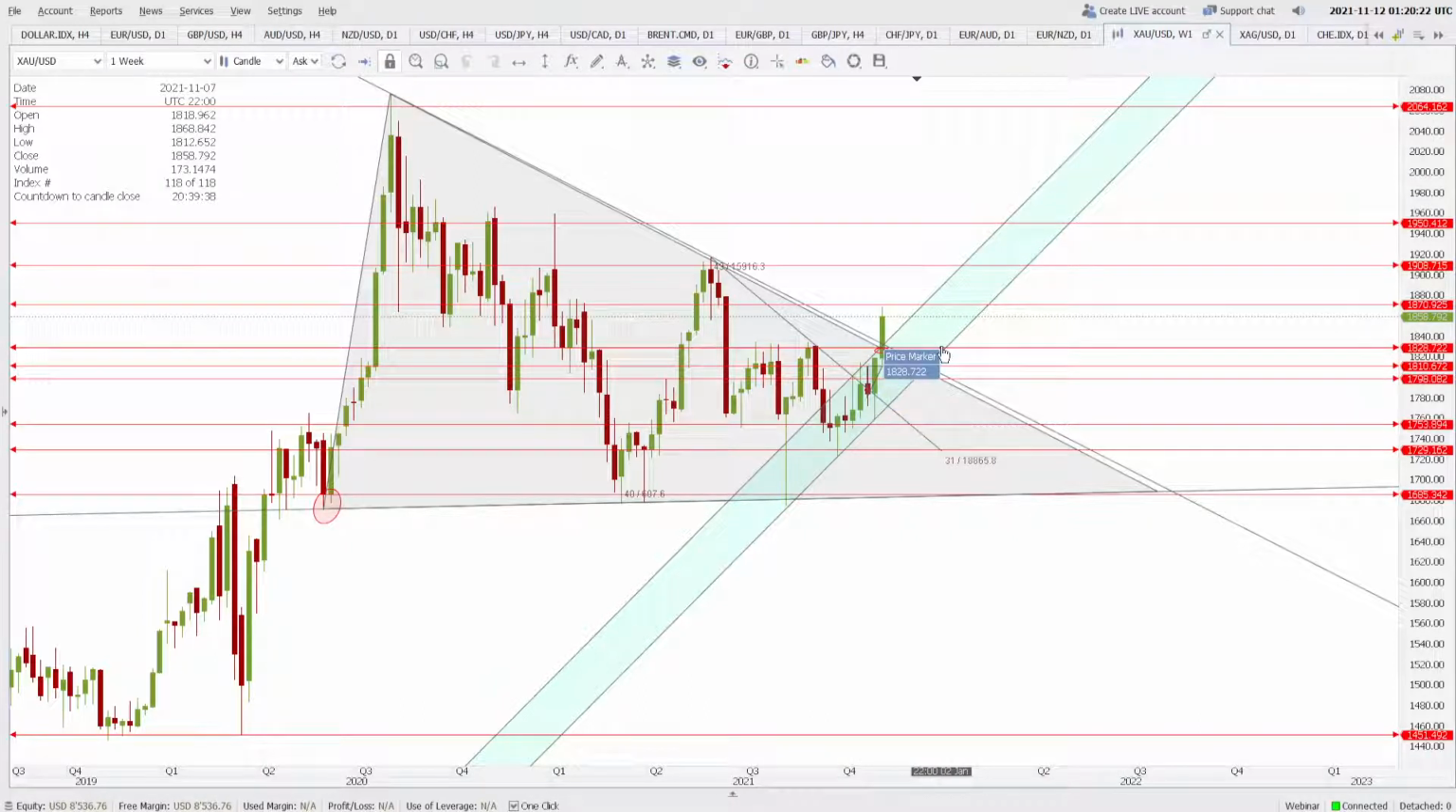So right now the support is at 1828, resistance is at 1870, and next resistance is at 1908 in this